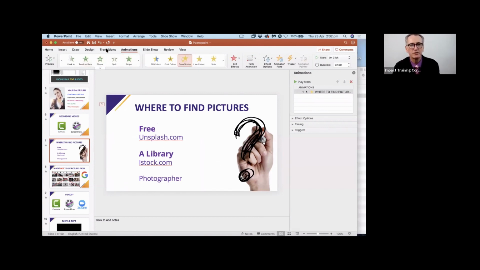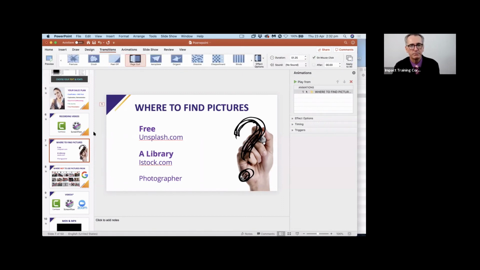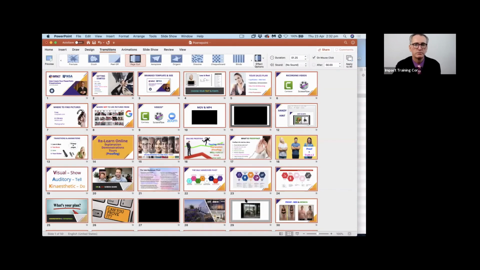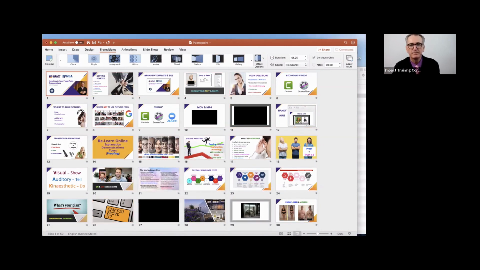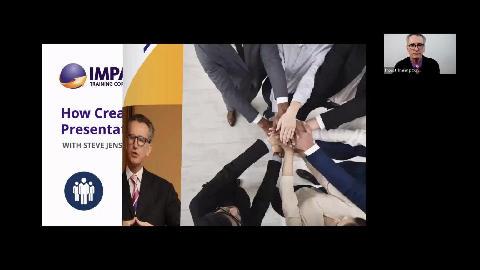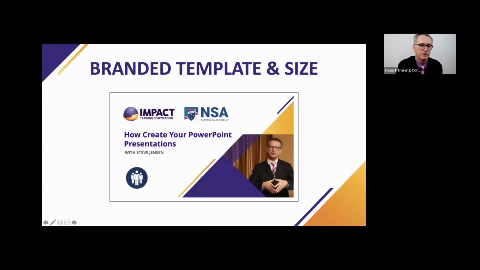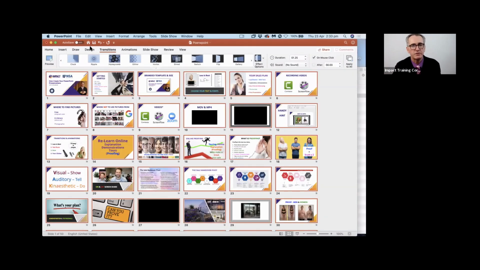All right, so that's called transitions, where you go into the big block, Command All, then you just click the one you like. As I said, I use fade, but you do whatever works well for you. You can click through, there's lots of them, there's lots to play with. And there's special effects too, double left, double right. So just muck around. You can't hurt it. And once it's gone through its transitions, you just go into full screen. Do you like it? Nah, it sucks or whatever. Just change it, Command All, change it back.